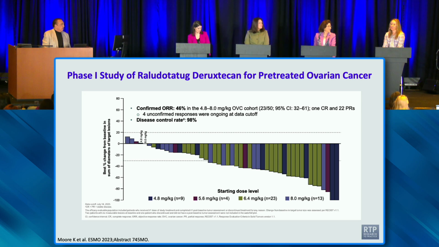Yeah, this is a CDH6 targeting antibody-drug conjugate, and ovarian tends to be one of our tumor types that really just has a very unfortunate prognosis. So to see a waterfall curve where almost all patients are getting some benefit here, I think really was impressive. This study actually enrolled both ovarian cancer as well as renal cell cancer, and we saw responses across both. Do you see ILD with these other Deruxtecans? You can. It's not as high as we see with Trastuzumab Deruxtecan, but definitely we do see it.